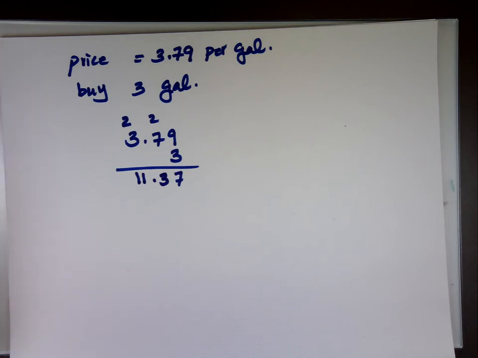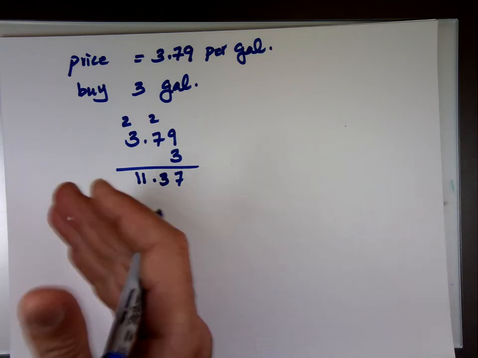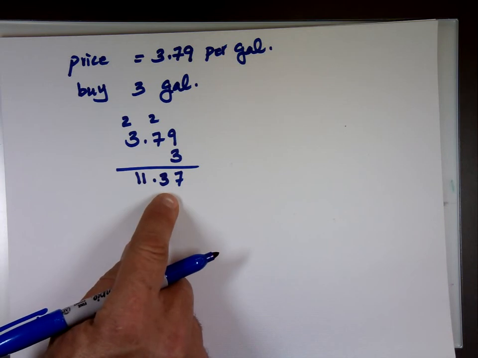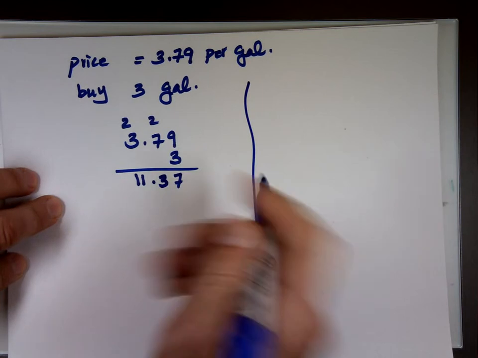So that's how we multiply decimal numbers. So in this case, do you have to round the 37, making it 11? Well, because we're dealing with money here, we know the money runs to what? Nearest hundredth. So 2 decimal places. If it's 3, you got to round it to 2. But with money, if we're talking about going to a Stop and Shop or Big Y and buying this, it's going to be $11.37. If the question says about or estimate,